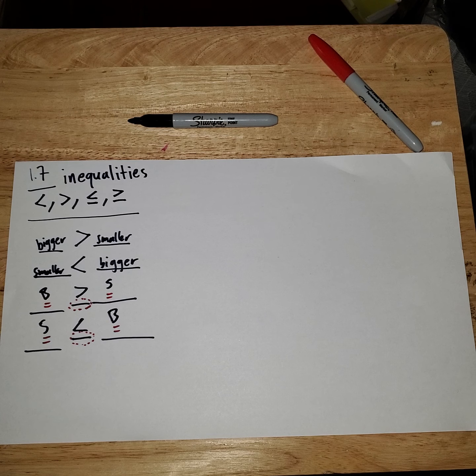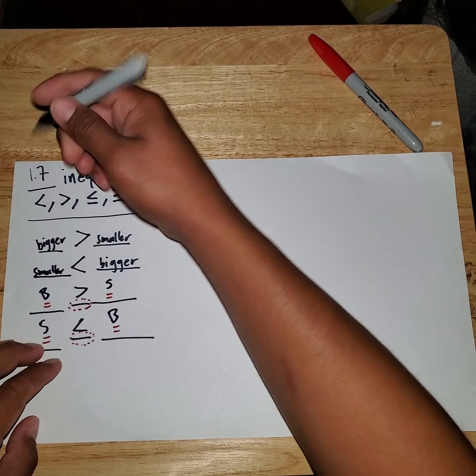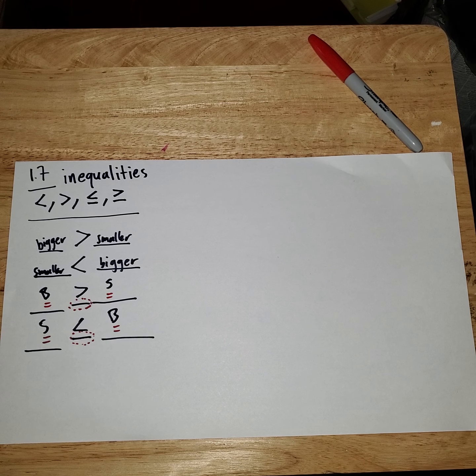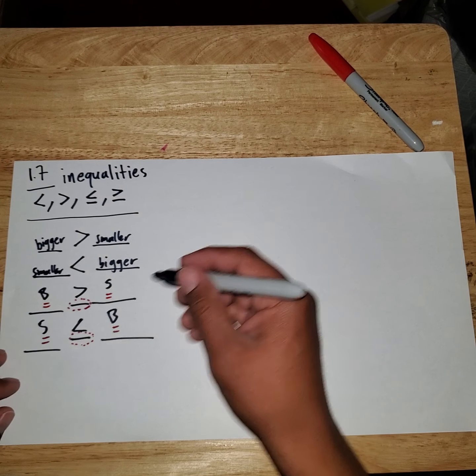Where if they said we're going to go to Disneyland and Six Flags, that means you'd go to both of them. That or statement is really important in mathematics. And it's really important in the real world as well, because there's a difference between you going to two parks versus just one of them. So for example,